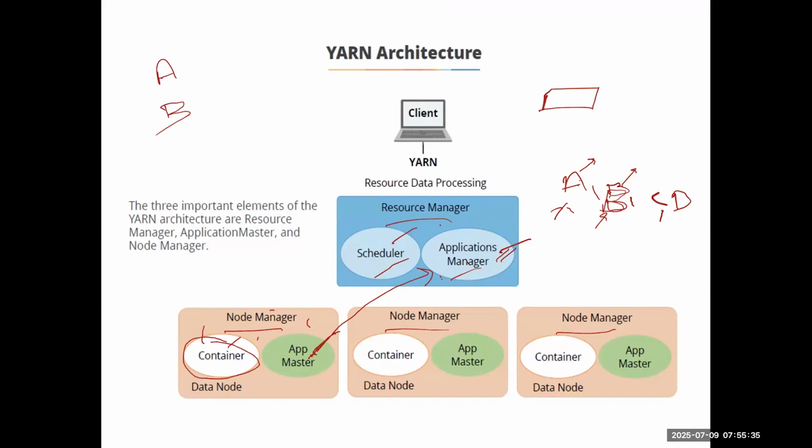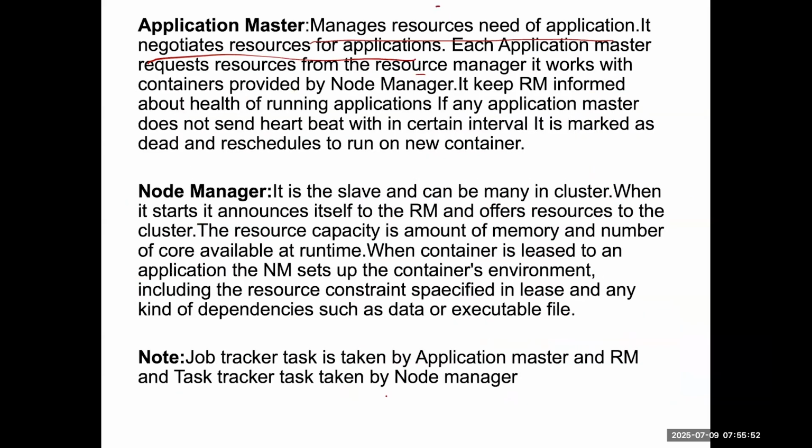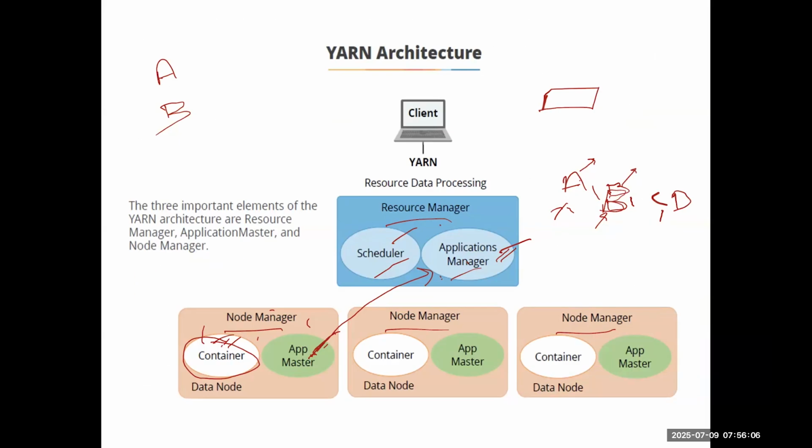Okay, so actually every job will run in a container. A container will have the resources. So let's suppose that one job is submitted and the application master is asking for resources to run that job. Then the resource manager gives you that, okay, this is the container where you run the job. It will run the job in the container provided by the node manager. Okay, this container will be on the node manager, right?